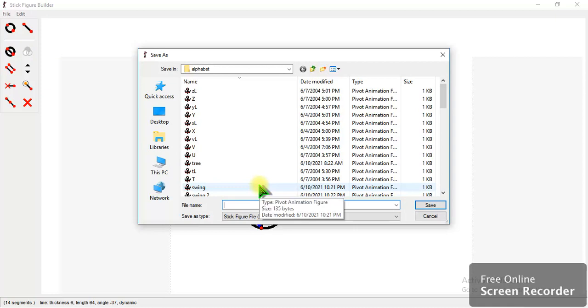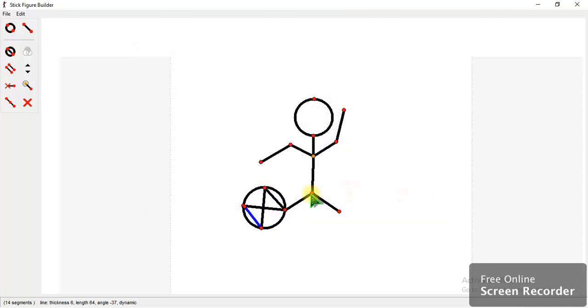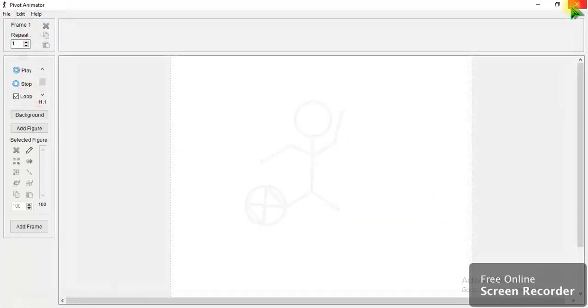So suppose this is a ball. You can name it with anything. It will go in alphabetical order. Now save. After this, close this. So now I am going to use all the pictures I have created. We are going to do a park scene. So in a park, what all will be there? There will be a swing, the boy playing ball, some other boy, and a bug I have also created. So everything I am going to bring here.